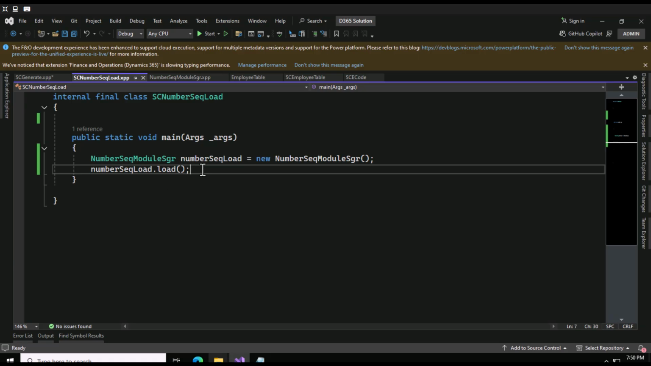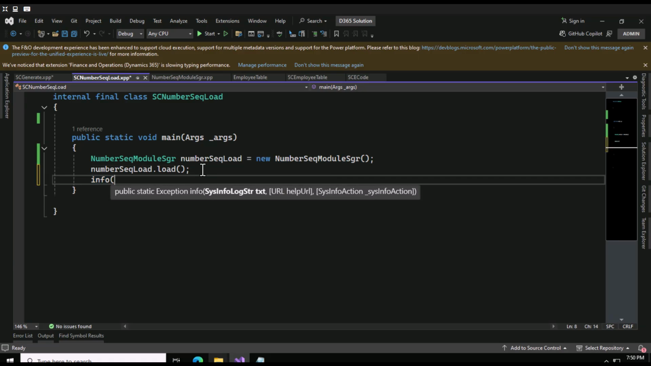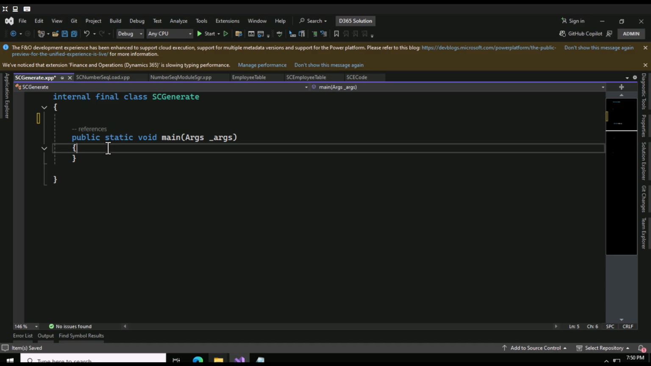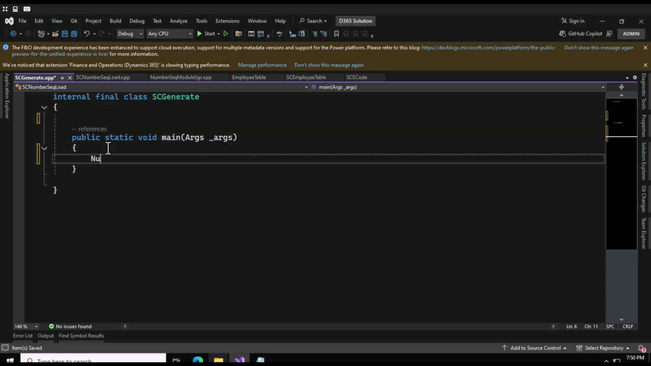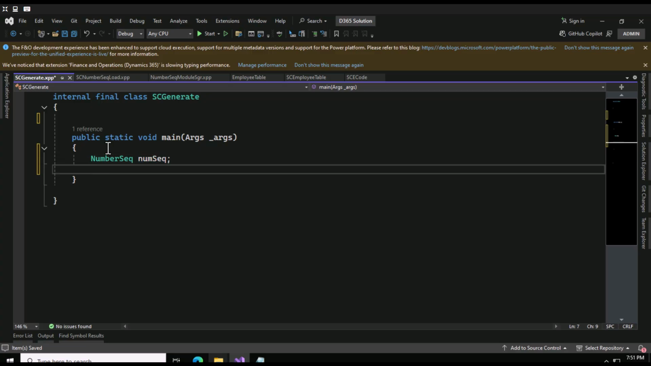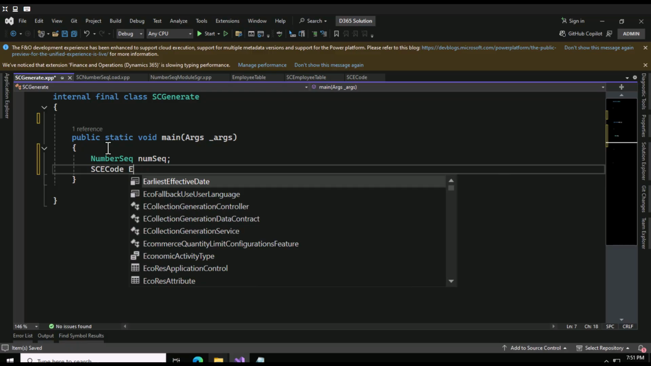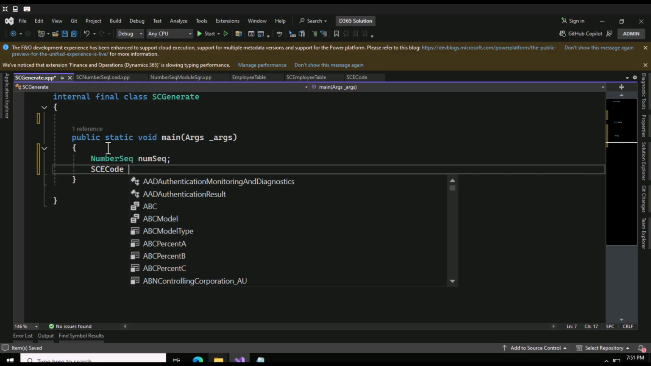Okay, here let me do one thing. Let me put an info statement here so that it will be completed. I will get this in front end. Okay, here I will execute this number sequence, so I can say this as num sequence, and then that SCE code, SC code, or I think the best name would be employee code, and